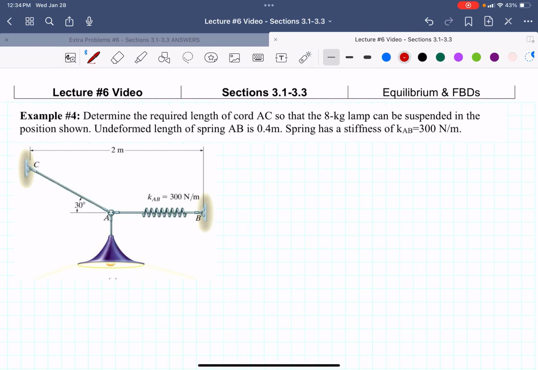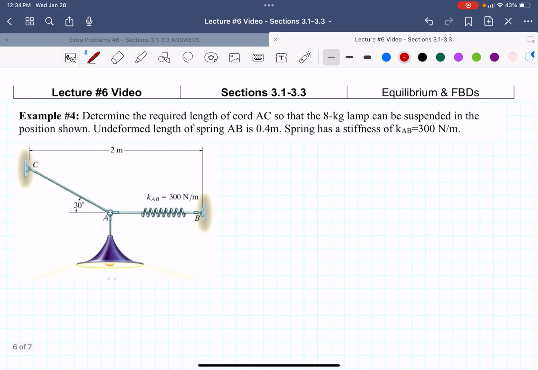This video is for example number 4 in lecture number 6. This is the first example that we've done in this unit so far with a spring, which is not going to be a big deal because we know that we use the spring constant times the deformation to give us the force. So if I draw my free body diagram for this